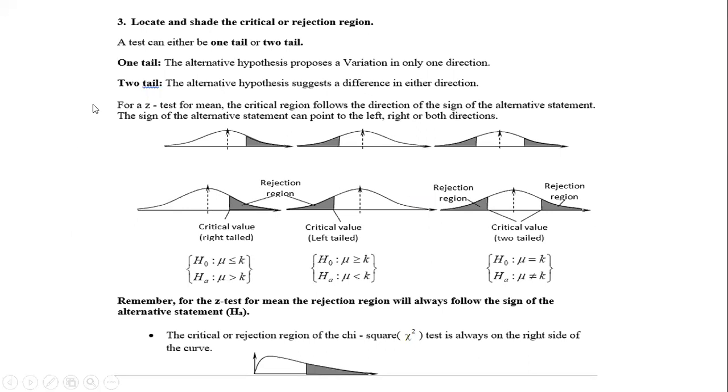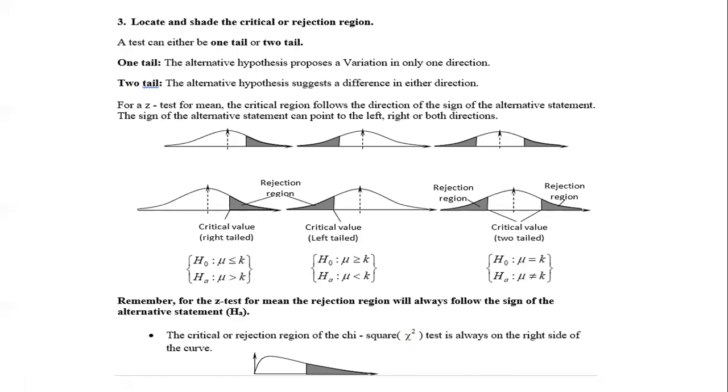So if the test statistic landed in the unshaded region, you do not reject the null. But if it lands in the shaded region, then you reject the null. So that's the importance of the rejection region shaded in step 3, and the critical value is on the critical point. So based on your test statistic value, you will know where to put the test statistic, because the critical value will serve as a guide as to where to put the test statistic. And if the test statistic lands in the unshaded region, you do not reject the null.